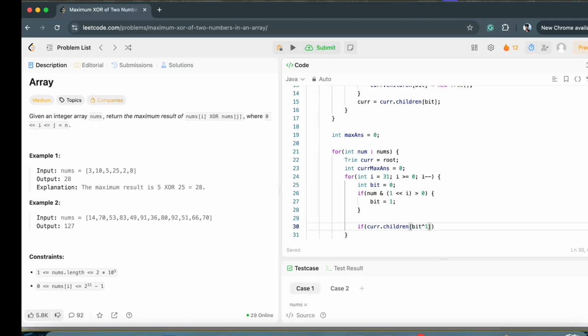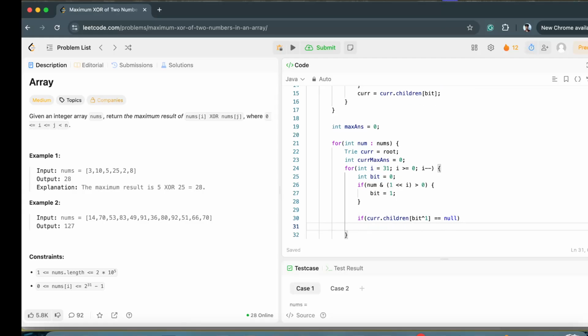If we want to flip that bit, to get the opposite, obviously we have to use the XOR operation, right? I already explained how bits are checked in the XOR operation. We check whether it is equal to null. If it is equal to null, then we have to follow that path. If it is not equal to null, then whatever answer we are getting at that level,